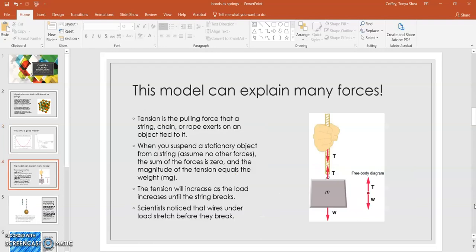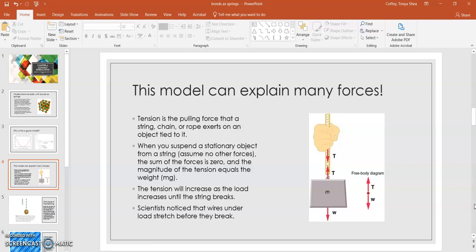Now, we can use this model to explain a lot of different everyday forces, and we will do that throughout this chapter. For example, in the following lectures, we're going to talk a lot about tension. Remember that tension is a pulling force that a string, chain, rope, something like that exerts on an object tied to it. And that when you suspend a stationary object from a string or a chain or a rope,